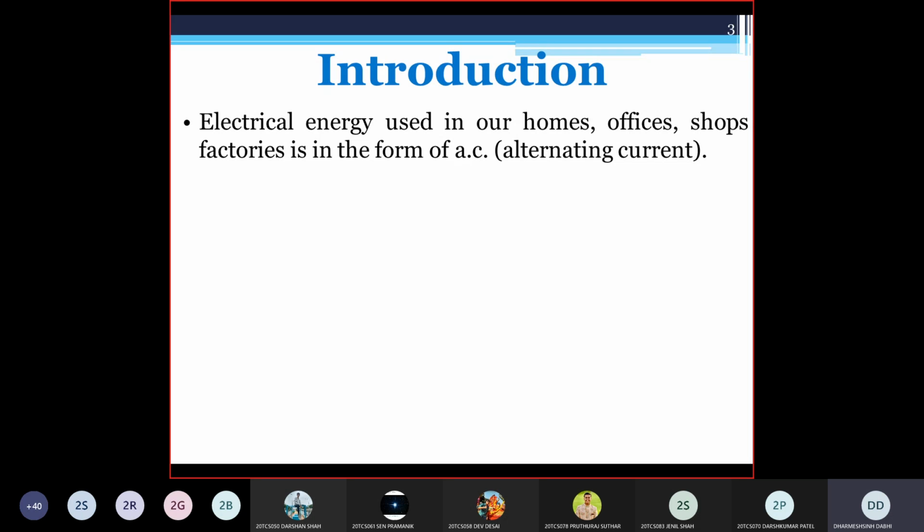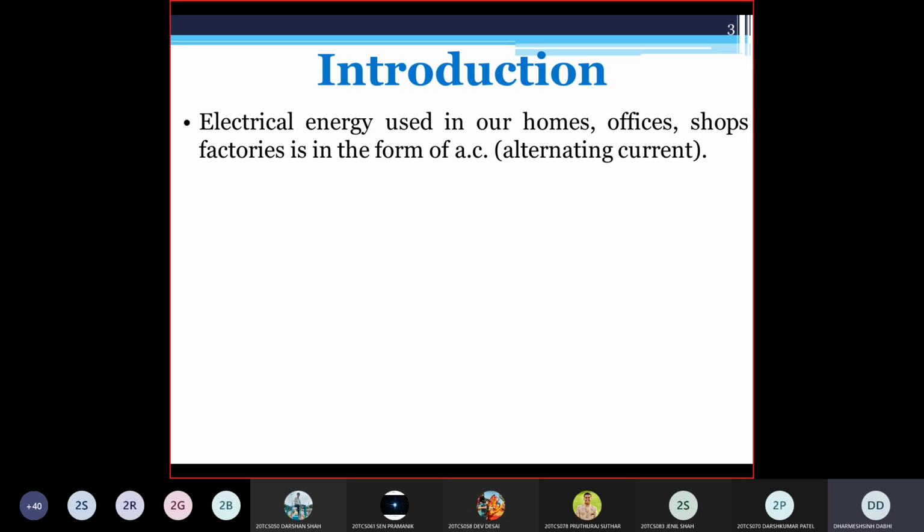So for more than 600 kilometers, if you want to transmit the power, at that time we generally prefer to use DC. That is called high voltage DC. Nowadays it has become very popular to transmit power over longer distances by using high voltage DC transmission lines. Nowadays in India, more and more HVDC transmission lines are also being built. But that is generally preferred only when your generation station and load center are very far from each other, like more than 600 kilometers. Otherwise, you can prefer the AC system. Clear?